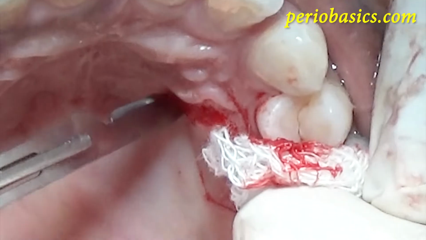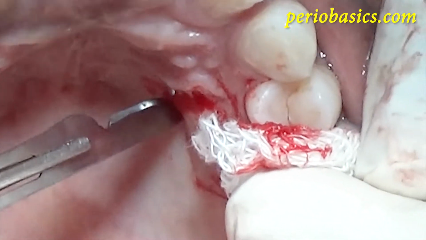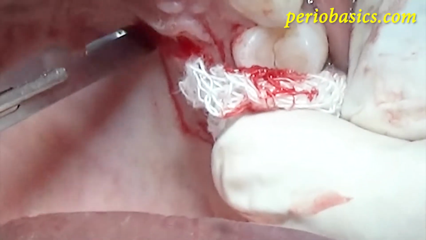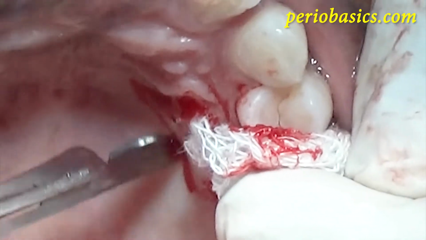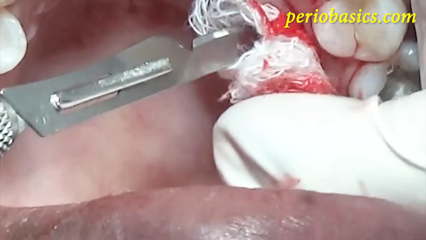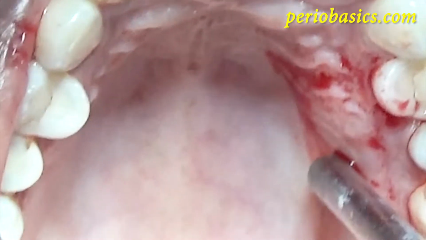You should do it very carefully, preventing any injury to the greater palatine vessels, because if you cut the vessels, you will have profuse bleeding. So ideally, the graft should be taken from the mesial aspect of the first molar till the canine.